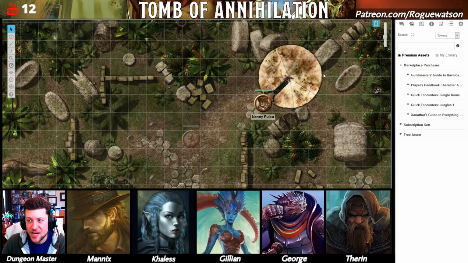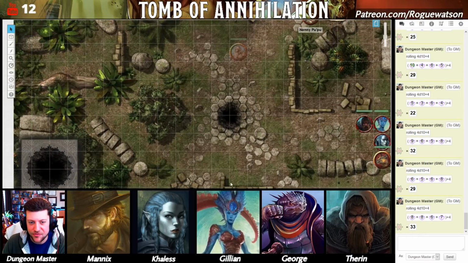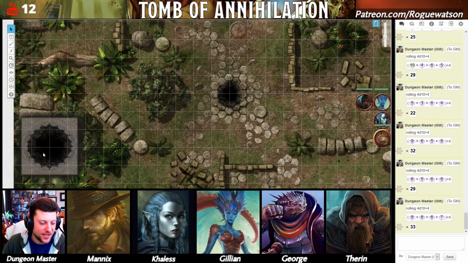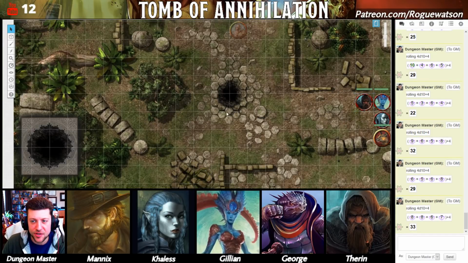But Nanny Poo Poo keeps nothing in her hut, as is mentioned. Instead, all of her treasure is in this cistern, which is basically just a big fancy well. I was going to make a whole map for it, but it's really small, so I just made the equivalent of a cutout, and you can see this is in the dynamic lighting, so the players can't see this. If the players want to go down into this well, they can't see anything unless they have dark vision,